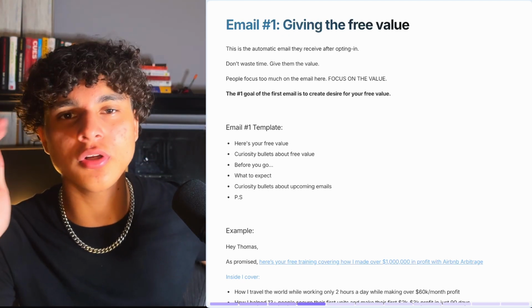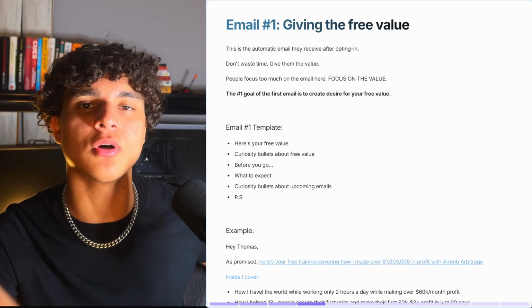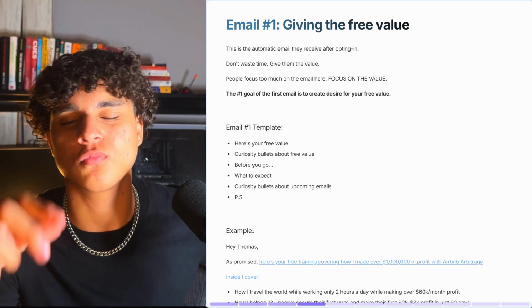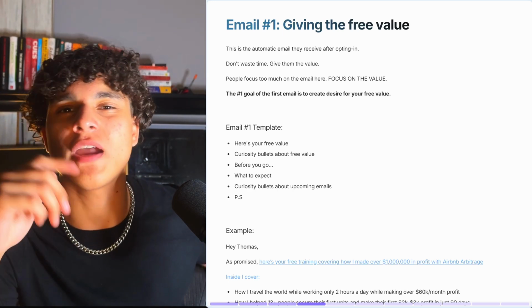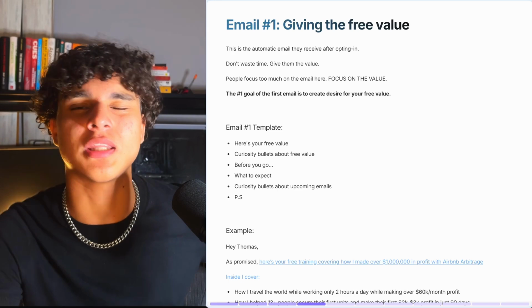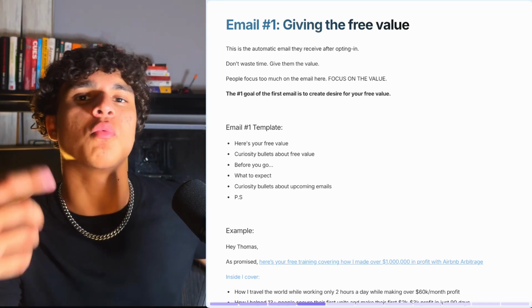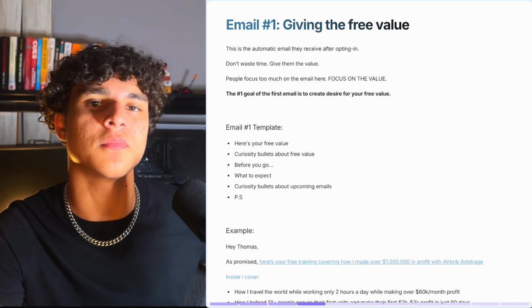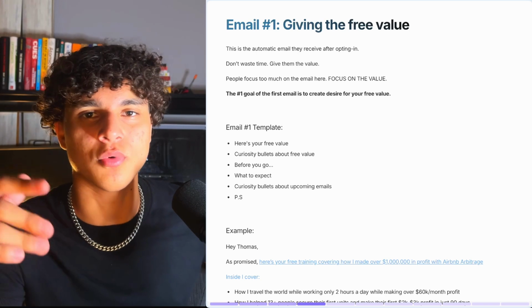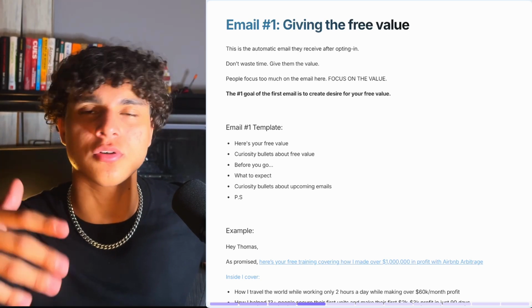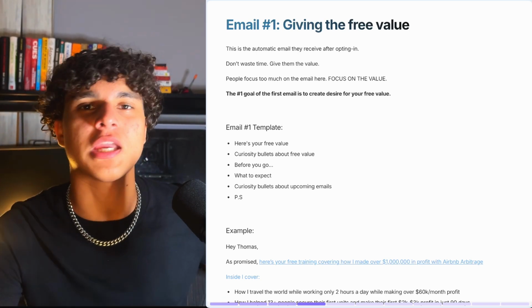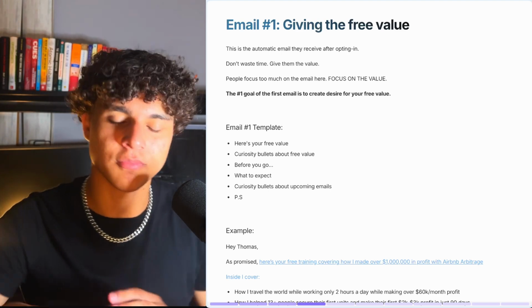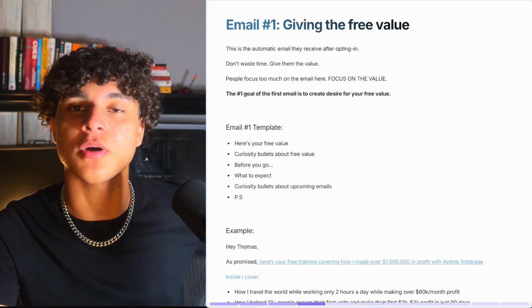A majority of these guys just gave their email, just gave it away, and they're going to scroll through the free value just to see if there's something in there, right? I mean, think about it like this: when you've opted in, when you've given your email somewhere, for some free ebook or some free resource, right? Do you ever care when you put in your email? You're like, oh, for fuck's sake, let me just put my email in, right? You don't really care that much, and